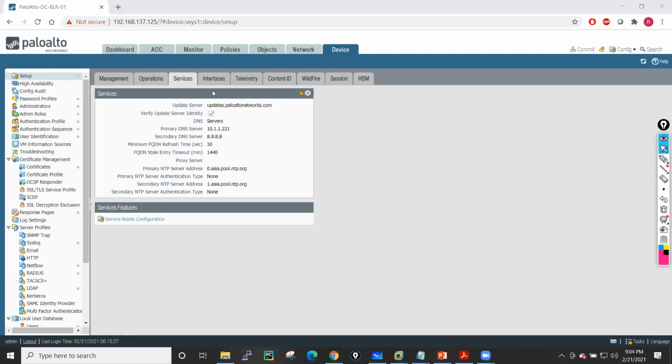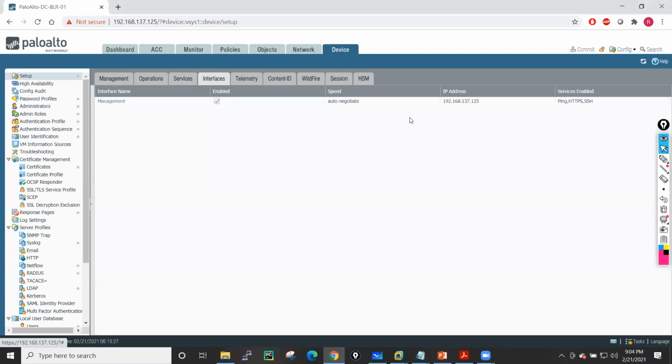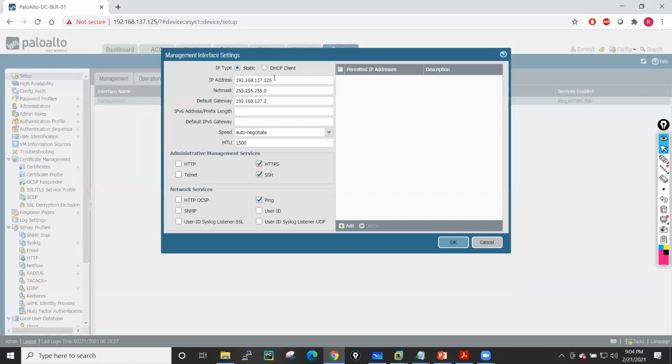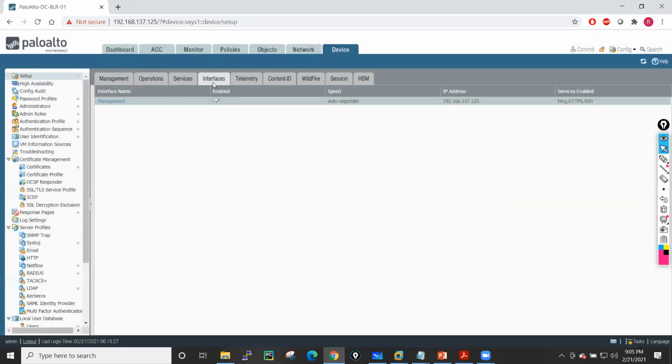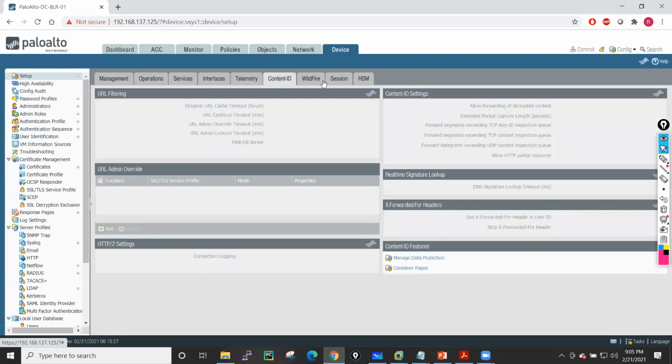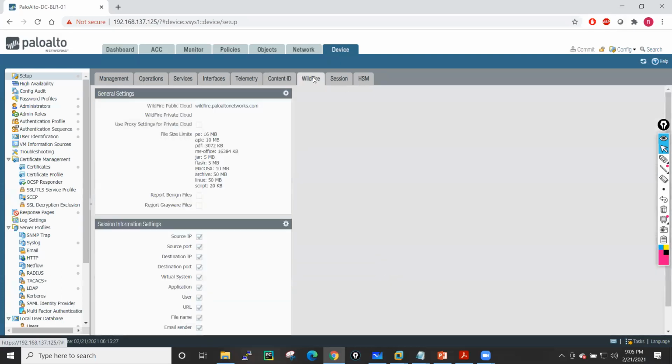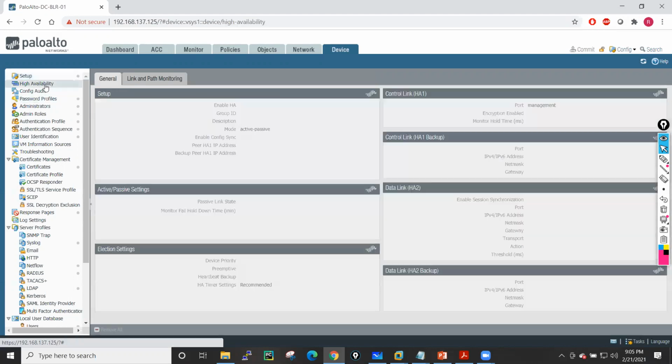Then we have an Interface tab, where we configure the IP address on your management interface and the services on it. If you want to change the MTU, we can do that in this place. Then we have Content-ID, WildFire, and all these things we will discuss in detail. After that, we have a High Availability tab, where we will configure HA between two devices.